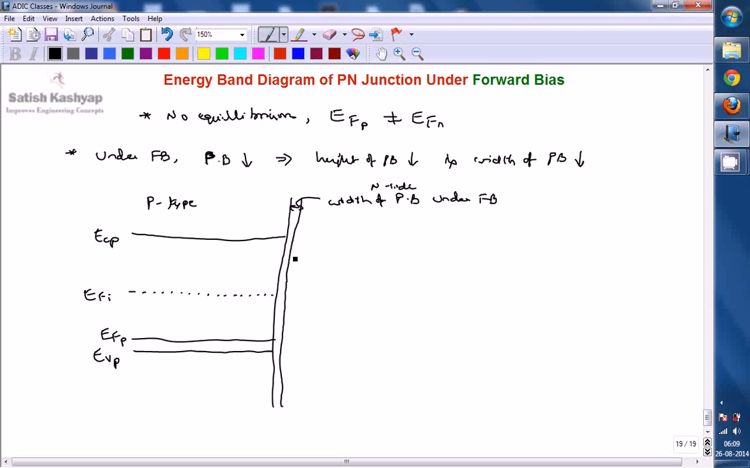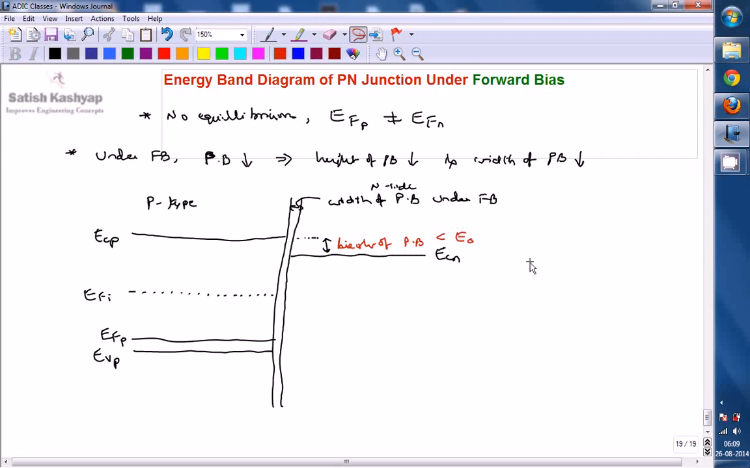Okay, the height of potential barrier is nothing but simply the difference between ECP and ECN. So ECP and ECN should be less. So now I am drawing in this way. This is ECN. So the height of potential barrier, if you want to observe, at that time this is E, height of potential barrier, which is now lesser than E naught. You can observe this one. Okay, the height of potential barrier is going to be reduced, which is less